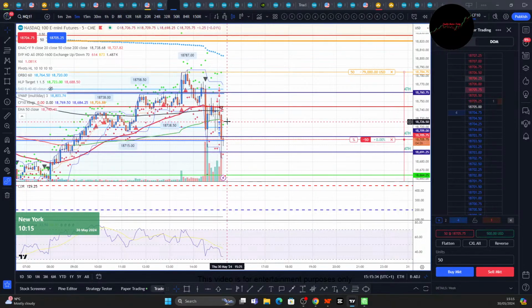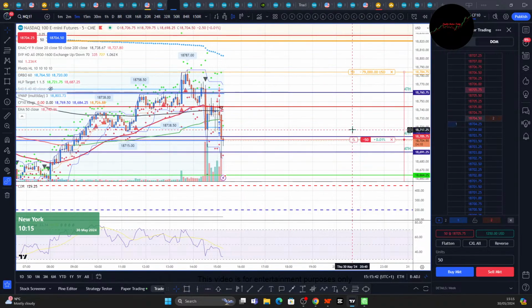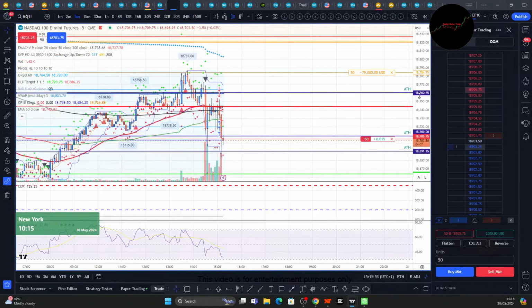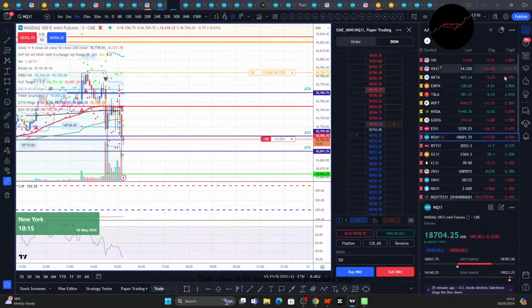Of course, if we close back above the VWAP, we're getting out. There's our provisional stop all the way up there, and our provisional take profit all the way down at 630.75. Let's see where we are. About 70 points to the downside, so we'd have to have a pretty sizable bearish day.